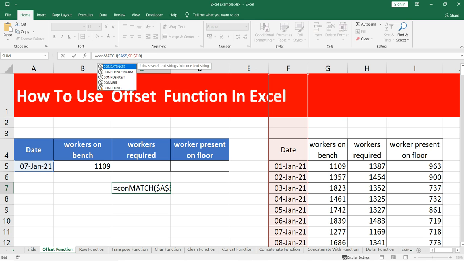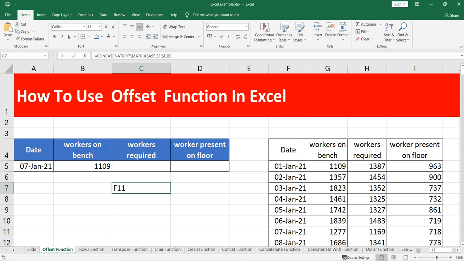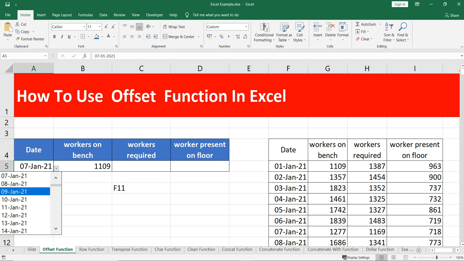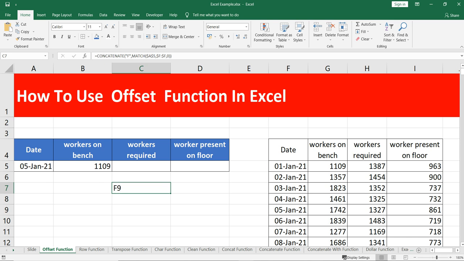So I'll put concatenate here, and we know that we have to use F, so I'll put F in double quotes, then comma, and then I'll close this one. So I'm getting F11. Let's test this match function. If I select 5th of Jan, I'm getting F9, so it's correct.